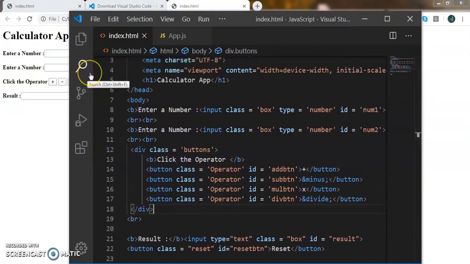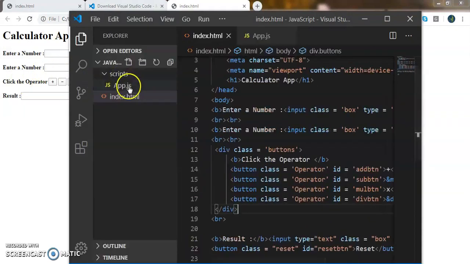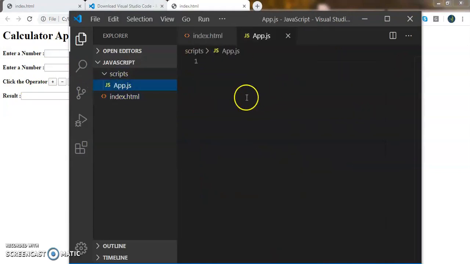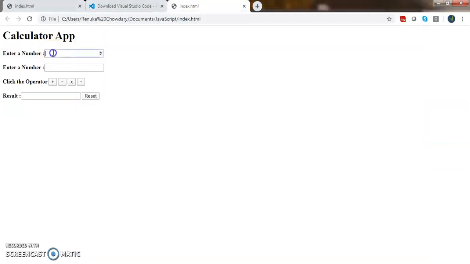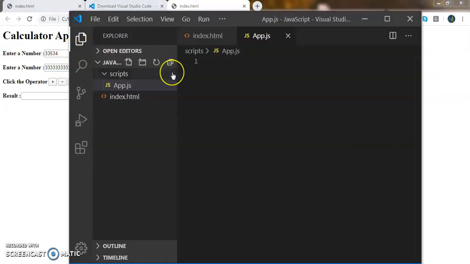In order to show the Explorer, just press Ctrl B. Now go to app.js. So we have to capture whatever the user has inputted in these boxes.